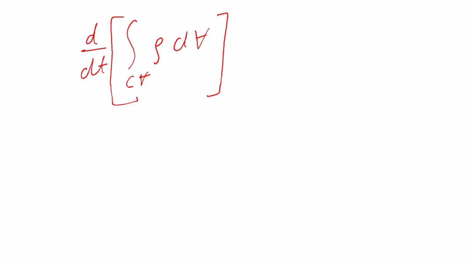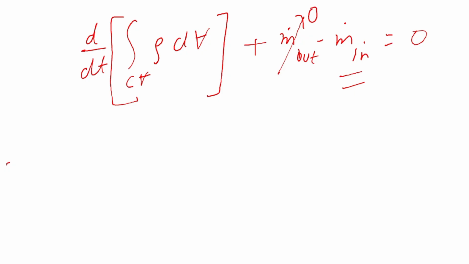The inlet is a 1D inlet, so you can simplify it into mass flux out minus mass flux in is equal to 0. There is no outlet, so there is no mass flux out. There is only mass flux coming into the system. If you want to further simplify this,